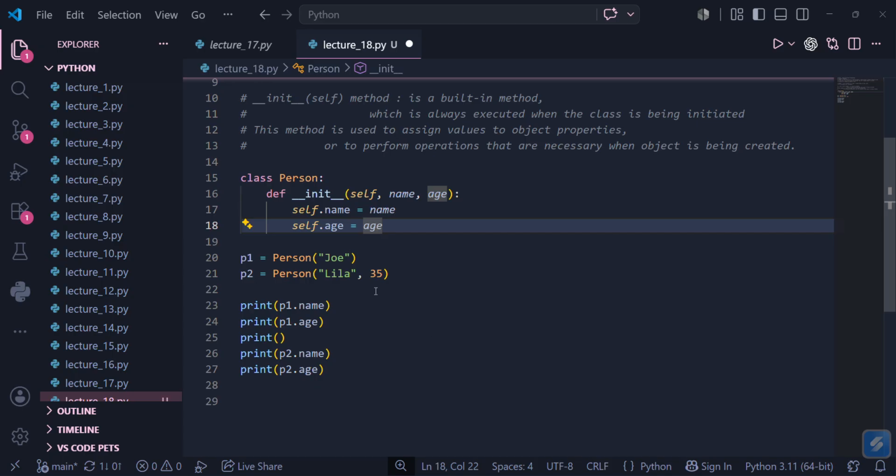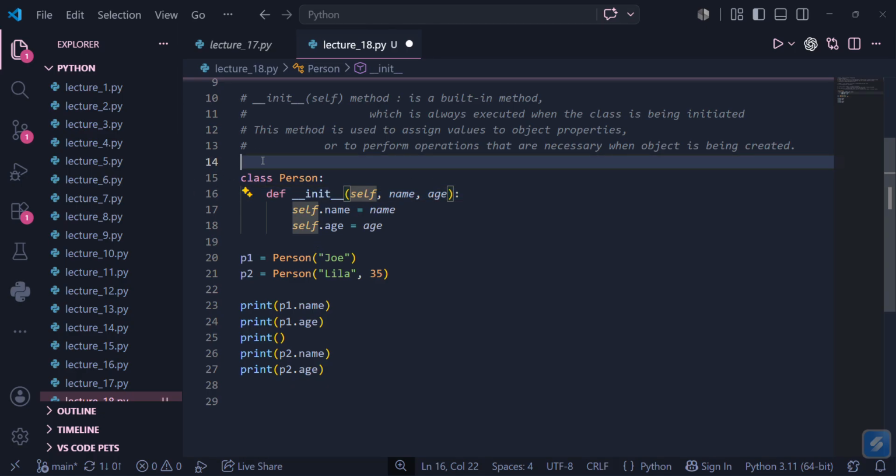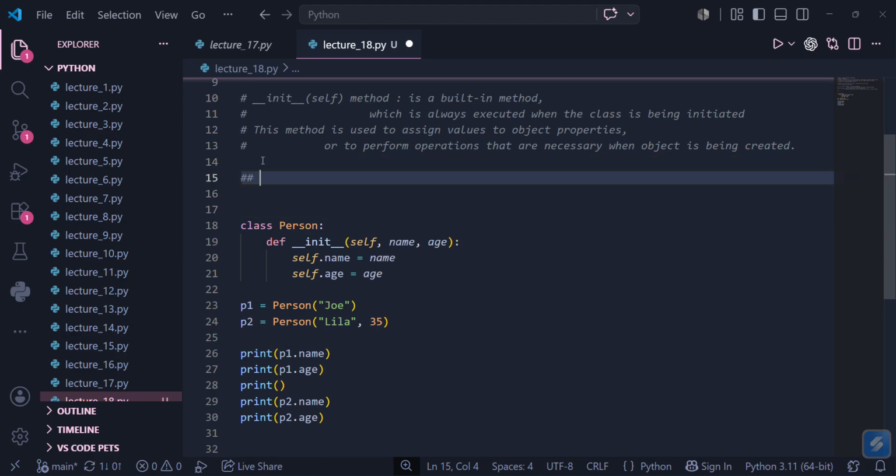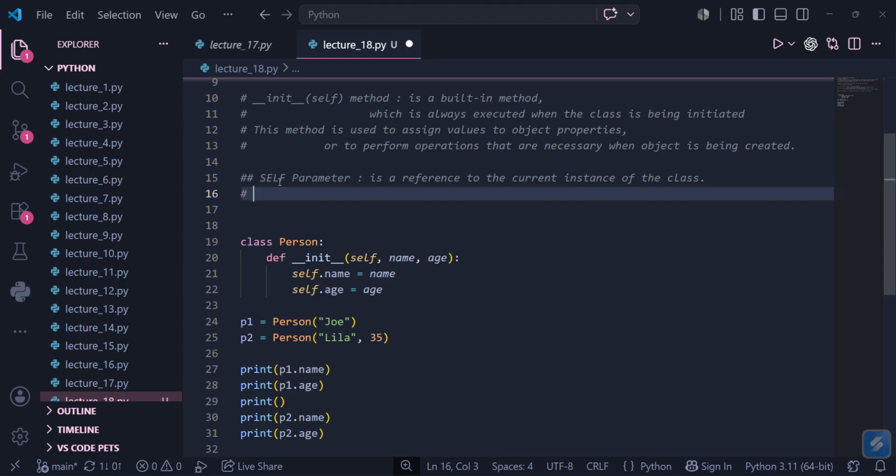Next. Okay. This was the init method. So what does self mean here? Right? We are using self and we haven't given any value to self. So what is self? The self parameter is a reference to the current instance of the class. Okay. What is a self parameter? It is the reference to the current instance of the class,